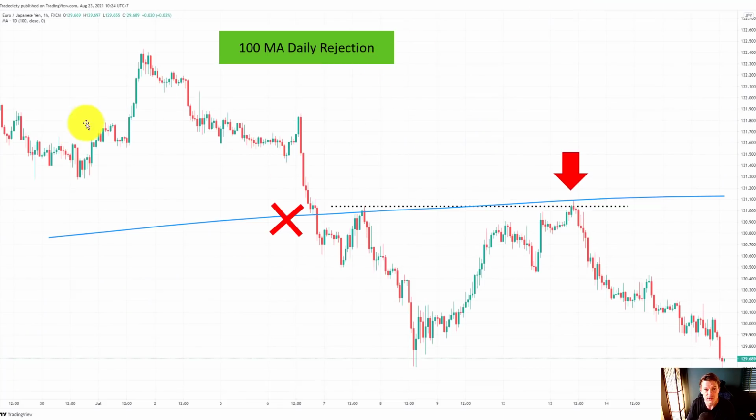Here we have another example. The market broke from the top to below the moving average here. So you have to imagine, what does it look like on the higher time frame now that we are on the 1 hour? On the higher time frame, the market was trading above the moving average, so it was in an uptrend. Then you wait for the market to change direction. You go from uptrend to a downtrend when the price has broken a moving average. Then you can see the market traded away for a little while, came back into the moving average here, came back into the previous high as well, retested the moving average, retested the previous highs, couldn't break above it,